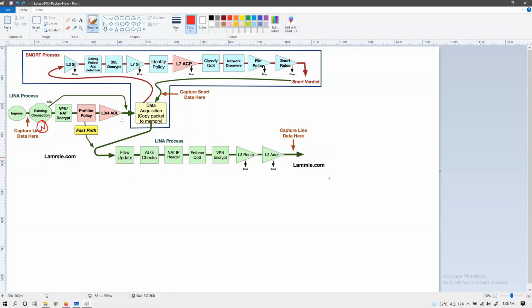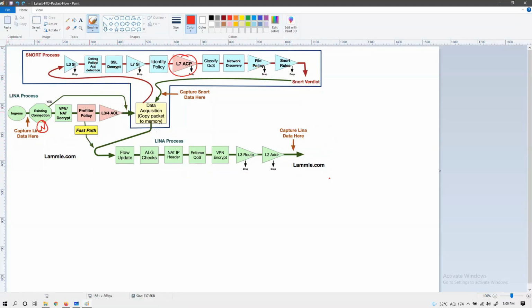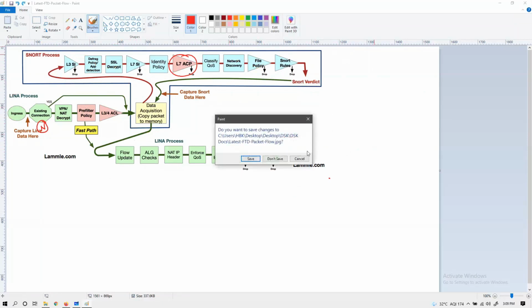Okay, now if you want to know ASA packet flow, right, then just include this and remove all these policies. And this is your ASA packet flow, this green one. Only you need to include access control policy. Okay, but overall it is Firepower, FTD. Clear. So when we will configure these policies, we will open this packet flow daily. Okay, you can say you will learn it easily.